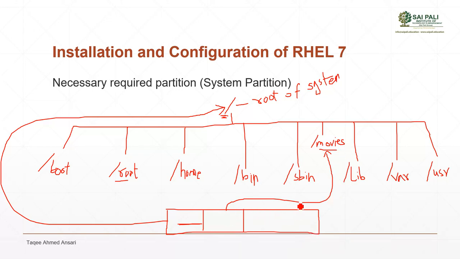That means you will not see the link, you will not see the partition, but actually when you store data in this directory, it will be stored in this partition. It will not go to this system partition. So what you will see is actually only the directory. The partitions you will not see. If you want to see which partition is mounted on which directory, then you have to run some commands to check.